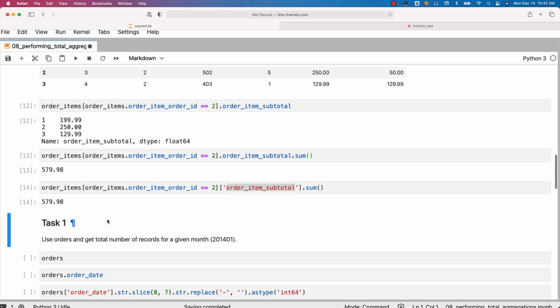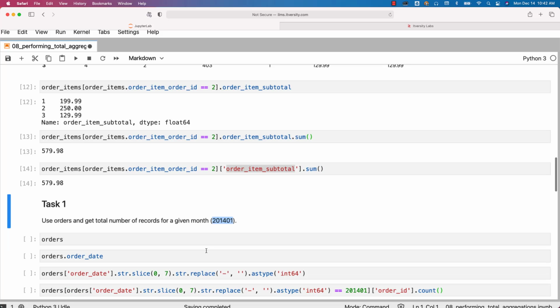Now let's perform a few tasks similar to this. The first task is to use orders and get the total number of records for a given month, 2014-01. We'll be passing the month as an integer, and hence we have to first convert the month part of our date to an integer and then compare with it. It should not be the other way around. You should not be converting the passed argument, which is an integer, to a string, because comparing as integers is a lot more effective compared to comparing as strings. For that reason, we will be typecasting the month which is extracted from order date to an integer and then compare